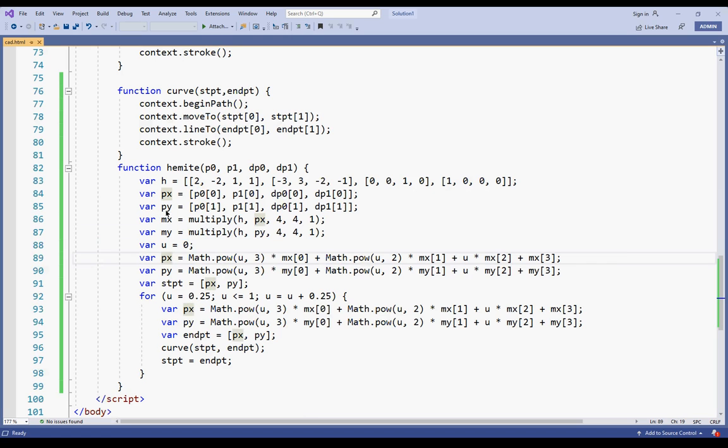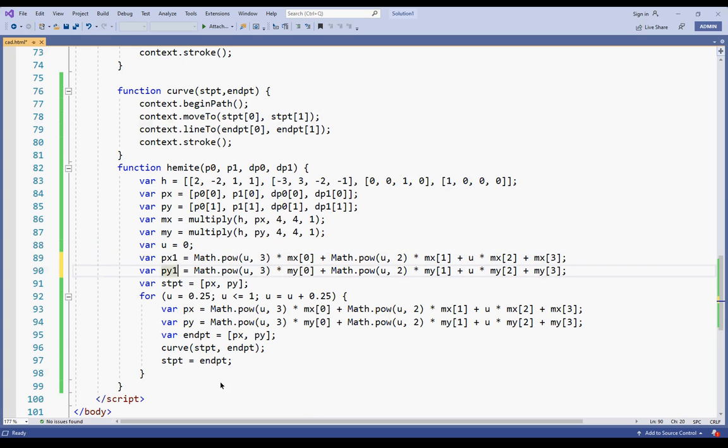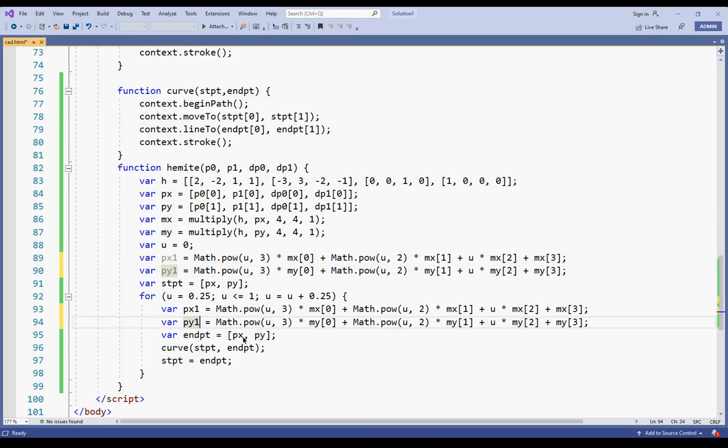Anywhere I am not using px and py after multiplying it. So just leave it. I change this to 1. To avoid the confusion, I'll just change it to 1.